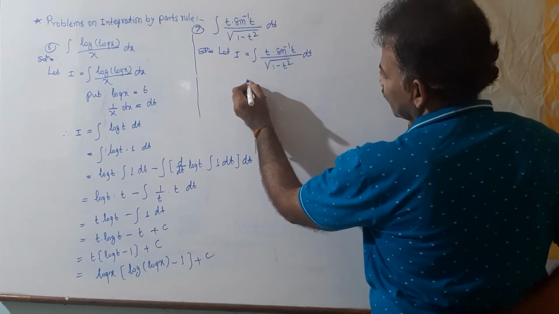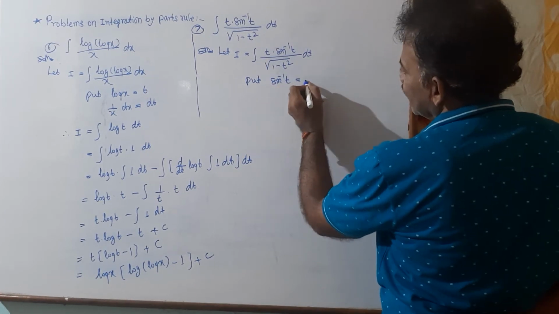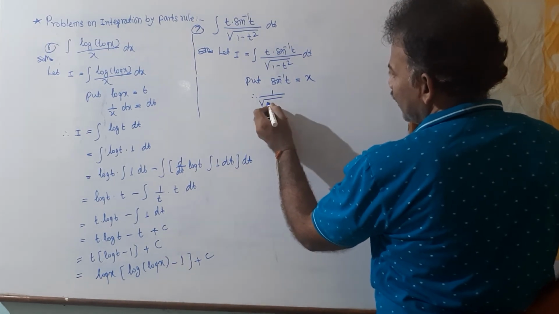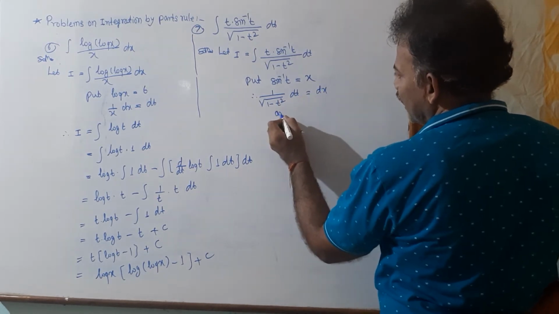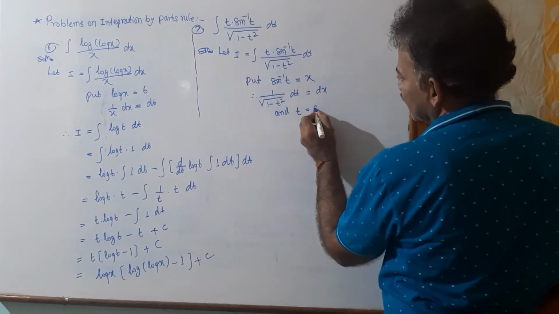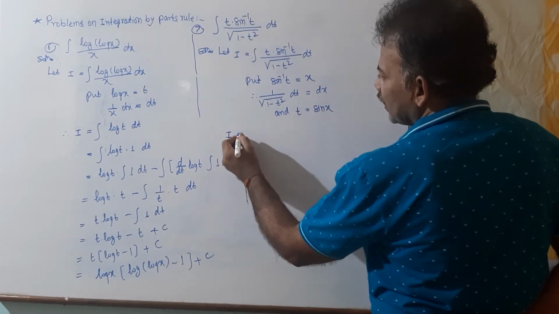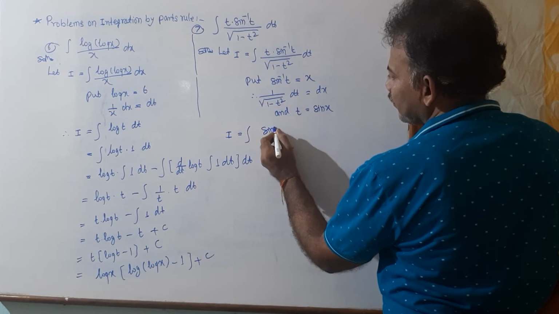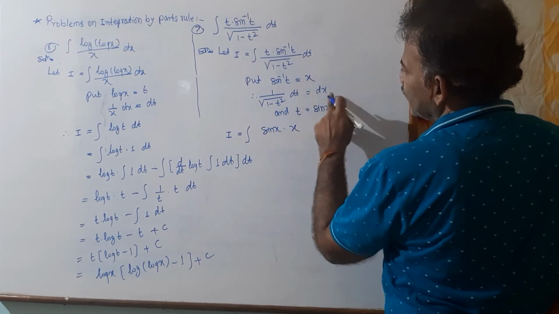Here also, clearly the derivative of sin inverse t is 1 divided by root 1 minus t square. So use substitution first. We put sin inverse t equal to x, and differentiate this. So the derivative 1 divided by root 1 minus t square into dt equals dx, and also find the value of t. If we take sin on both sides, sin inverse cancels, and the value of t is sin x. Then the given problem becomes I equals the integral of t, which means sin x, sin inverse t means x, and 1 upon root dt its value dx.